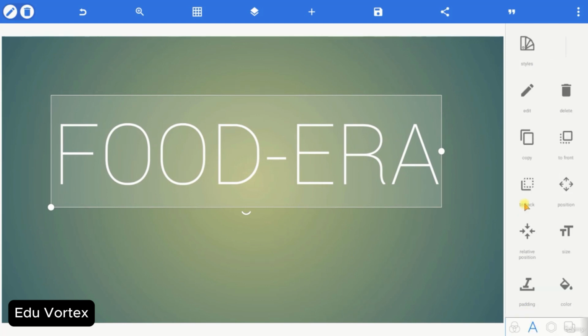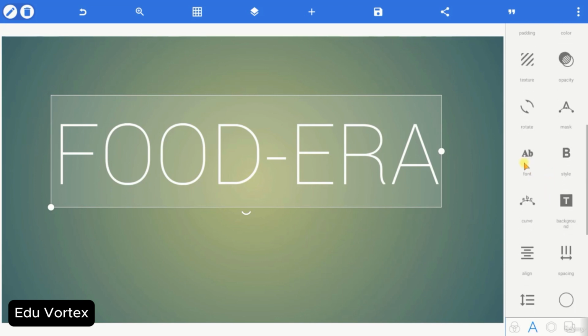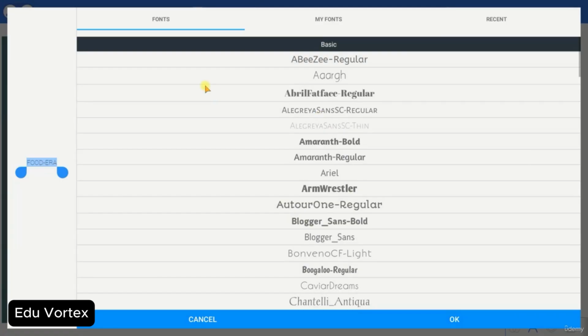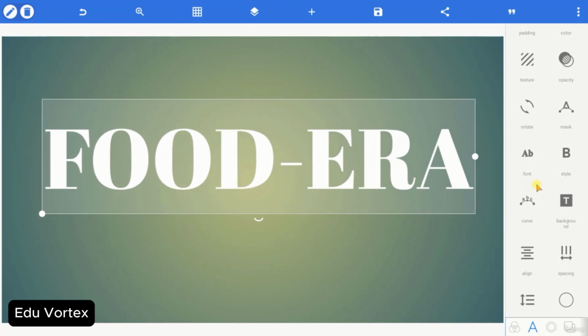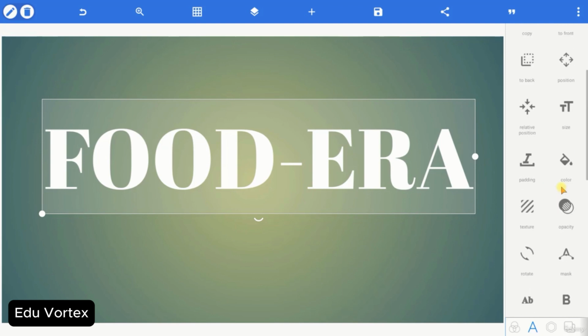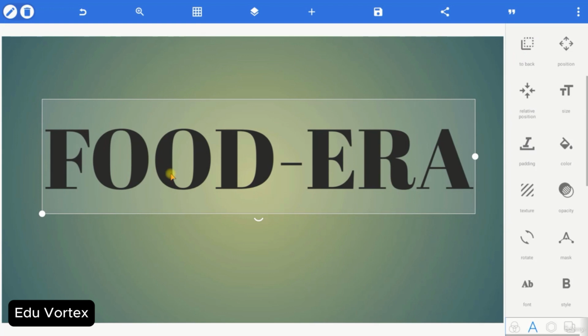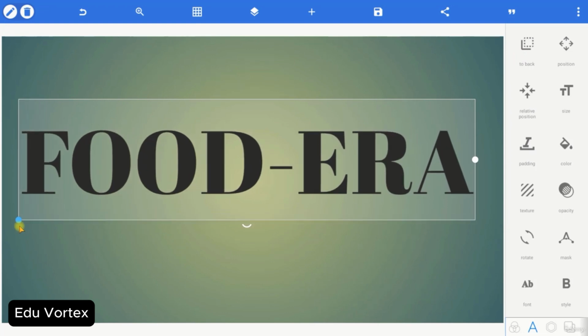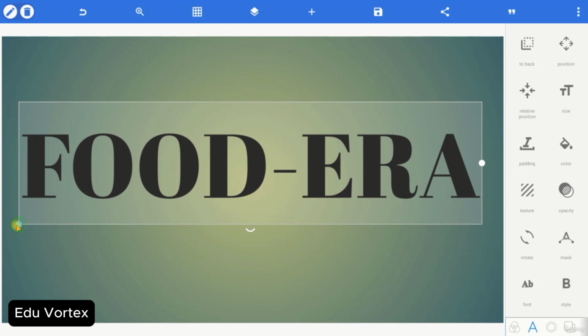So for the font, we are going to use Abrifat Face regular. Okay, so we have it in the basic font. For the very basic font here, this particular one, Abrifat Face regular, you click on it and click on OK. Then from here we make sure we select the color to be black. So here's the color, we make it black nicely like this. Great. Then you once again increase it. Okay, so I'm not going to give you any specific size, increase it to your taste